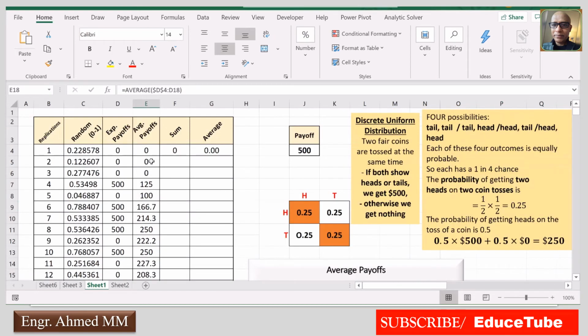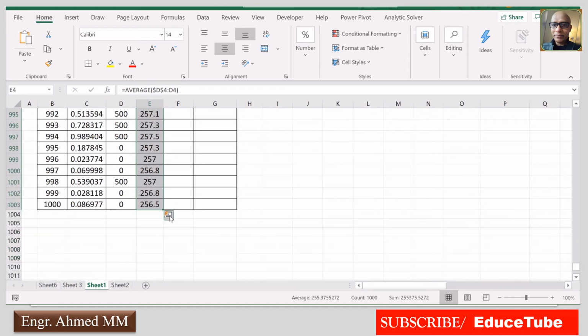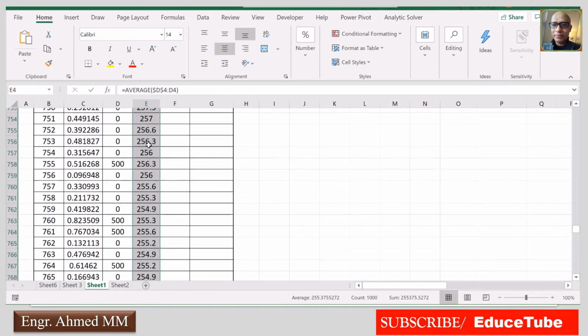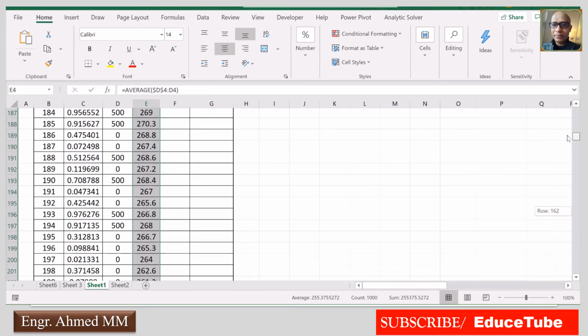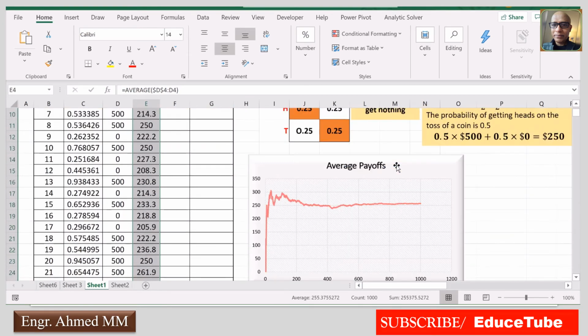You see here, if I go for this, in the bottom all are 256, 256, 256, 256, everything, see, 256. What does it mean? This means our graph, what it is showing, all are within that range. So the graph is like that.